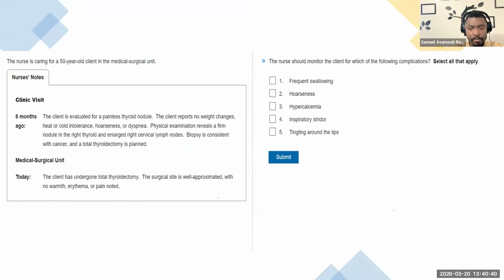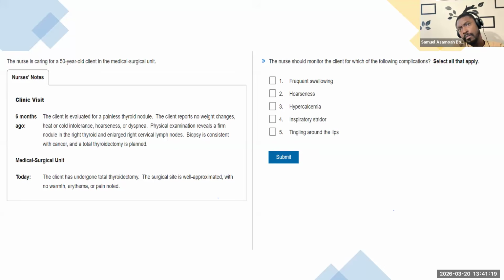After that, the patient will be having frequent swallowing because. Please, can you allow her to talk, please? Yes, it has been treated with the total thyroidectomy. Okay. So after that surgery, what do you think can happen? Since the whole thyroid has been removed, I like that phrasing. Since the whole thyroid has been removed,